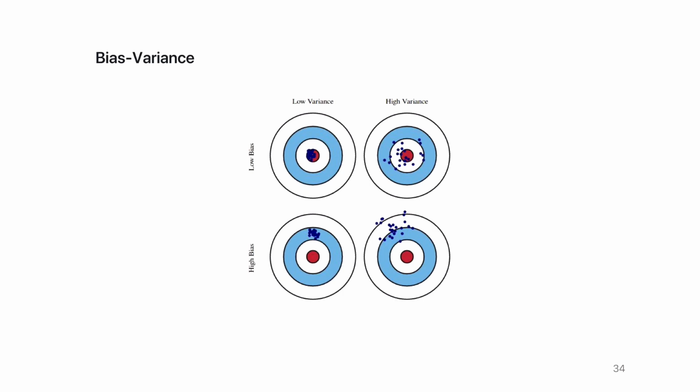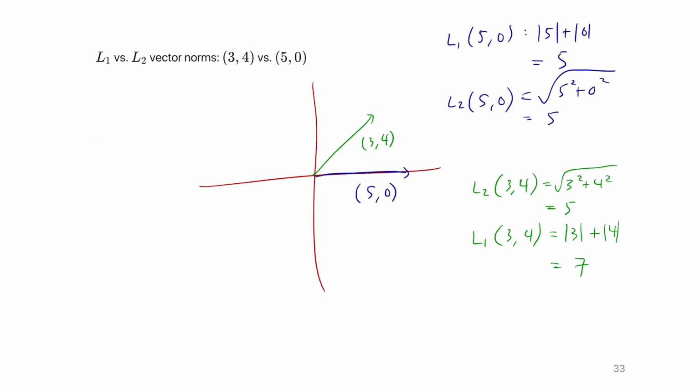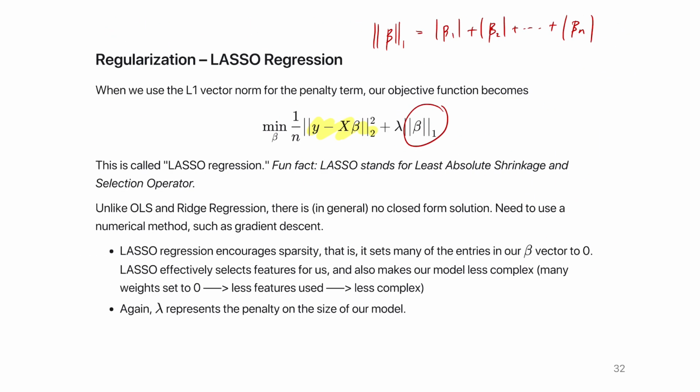Yeah. You said that L1 loss minimizes the L1 norm of theta. I'm confused how the L1 norm is going to be 3 plus 4, because the norm is going to be like the square root of beta dot beta. So you're saying you're not sure why, if we use lasso, there's not a closed form? No. I'm just saying, why is the norm, like, the question was that you were